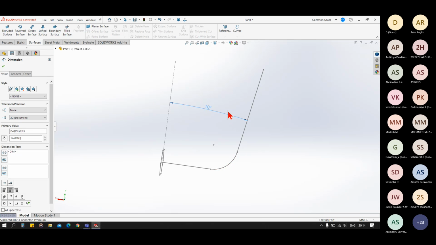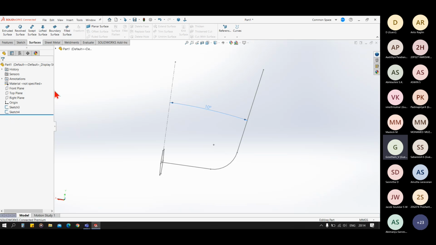So guys, any doubt between extrude, revolved and swept surface? Sir, I have one doubt. Yes, please. Sir, initially you created an extruded surface for a closed sketch, right, sir? Yes. Sir, is that similar to creating a thin feature? No, I have told you one point: a surface has zero thickness.